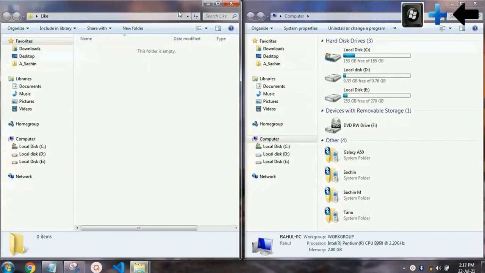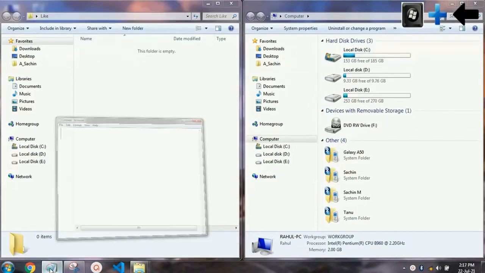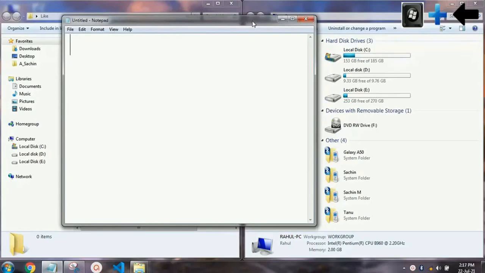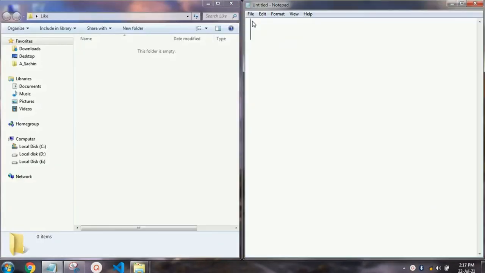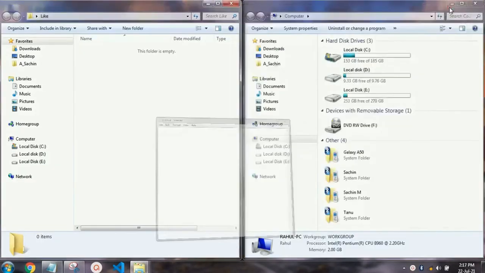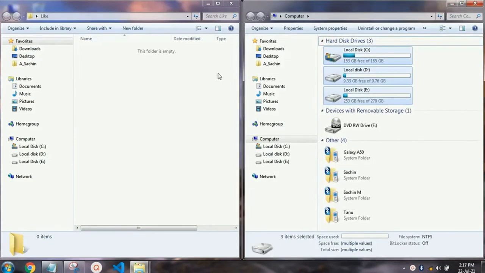You can do this for the Chrome tab also and for the notepad files. In all the files it's going to work. You have to just press the Windows right arrow or the left arrow to maximize on the left side or on the right side according to your need. Now if you want to minimize this folder, no need to click on this minimize button. You have to just hold your folder and then click on Windows button and then press the down arrow.